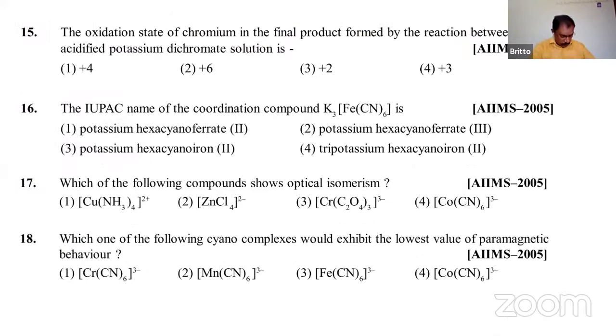Okay, now let us look at some of the other problems. Look at question number 16. Question number 16, IUPAC name of the coordination compound